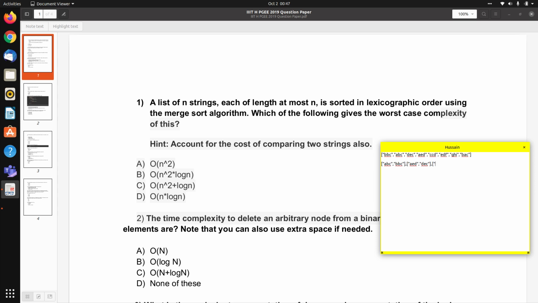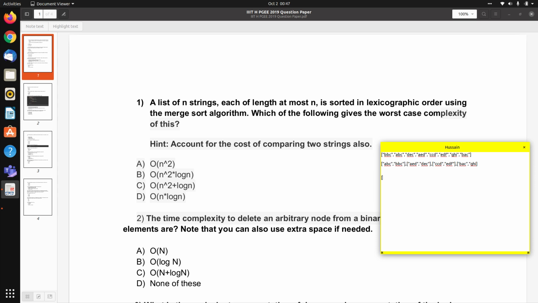Okay, next one will be CCD comma EDF, and finally PAC comma GHI. Okay, so now we have 4 arrays which are individually sorted. Now we need to merge them again.